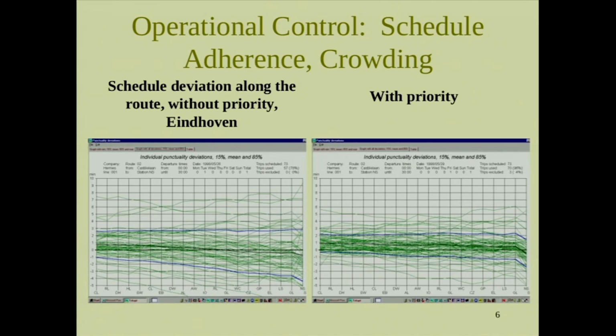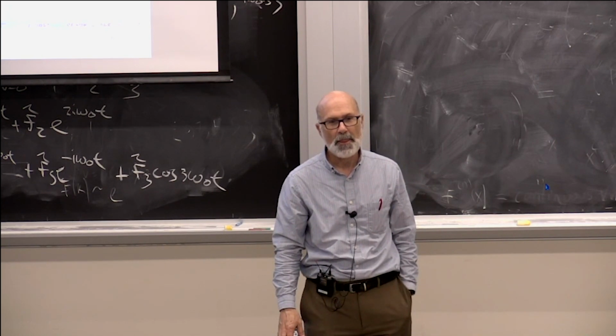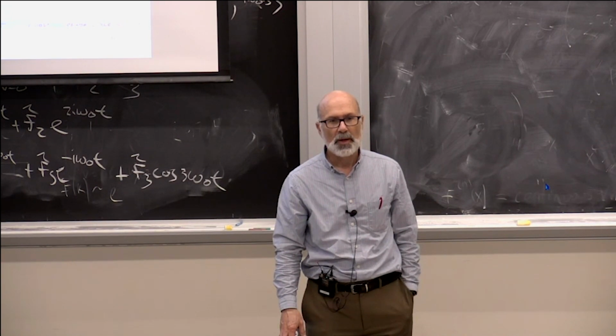So with that, you see how much tighter the lines are, how much better the reliability is, because the priority system is able to keep those buses right on schedule. Yeah. Doesn't this annoy the people driving on the road who have to use that traffic light, and they know it normally takes them 30 seconds, and all of a sudden it's 50 seconds? Or is this some kind of separate light?